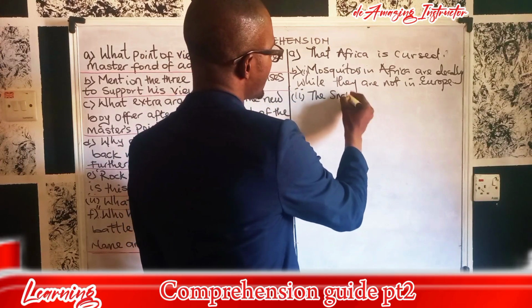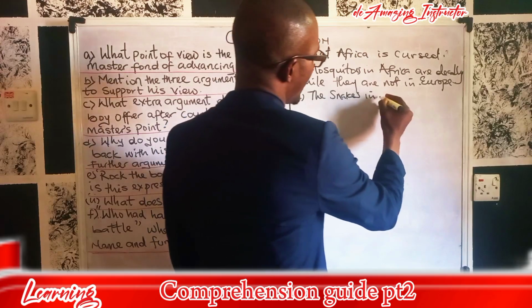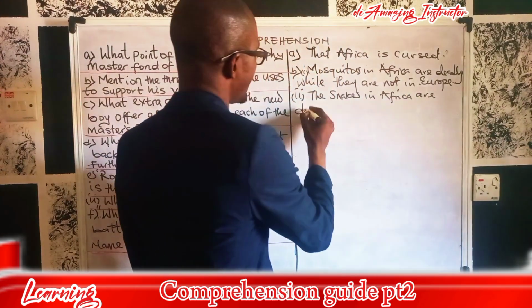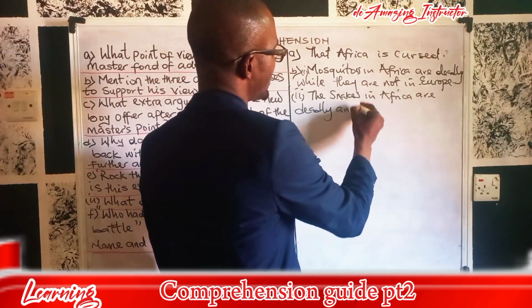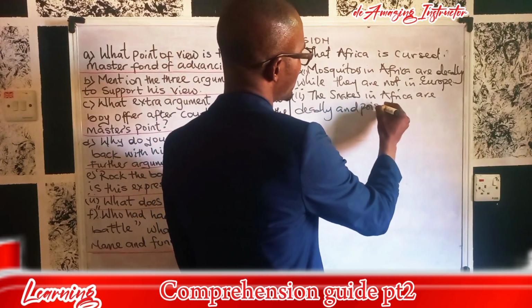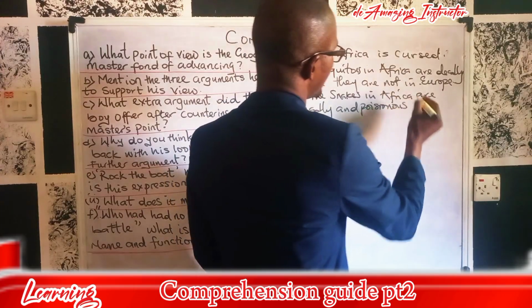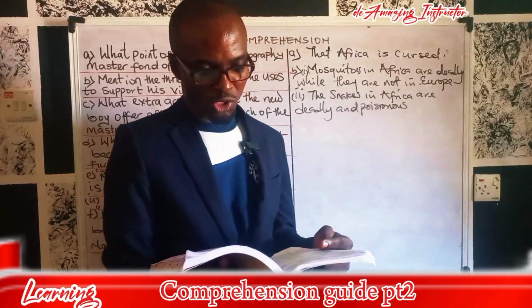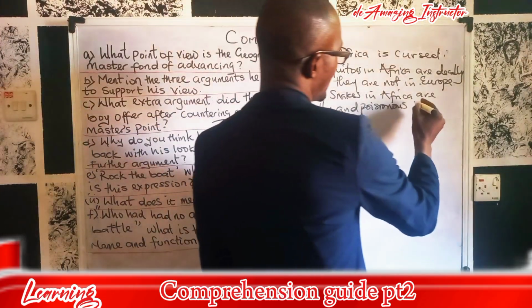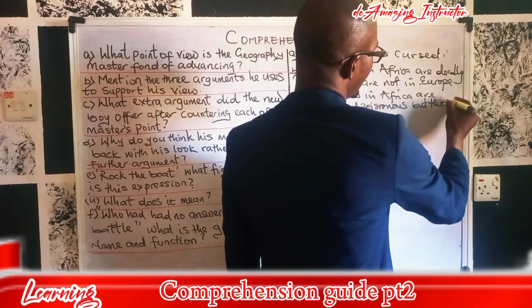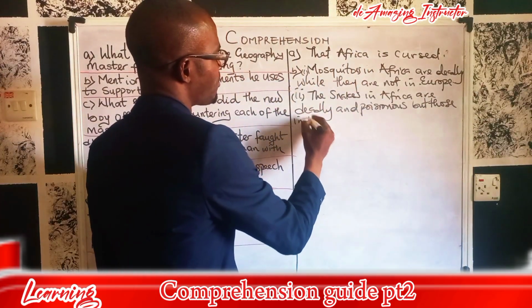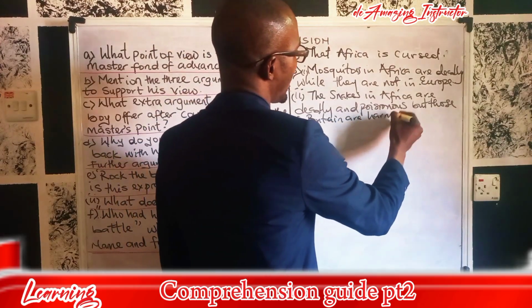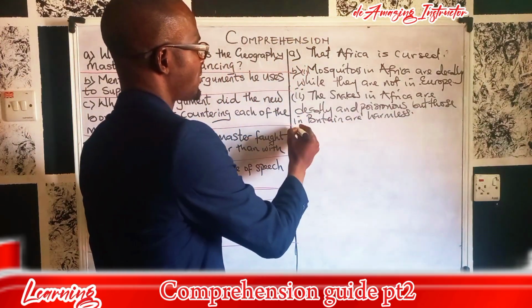The snakes in Africa are deadly and poisonous, but those in Britain are harmless. And number three argument,